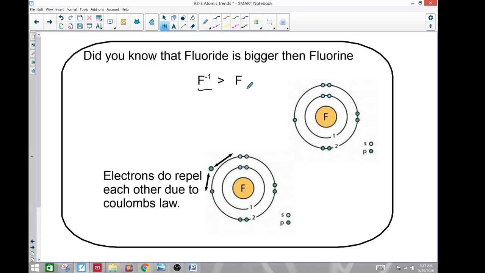All right, so did you know that fluoride is bigger than fluorine? This one is bigger than that one. Not a ton, just a little bit bigger. So the question might be why? This is fluorine, this is fluoride. What happens here is that this is negative, and it's attracted to this nucleus, pulled in,